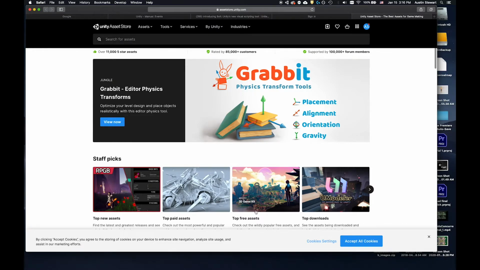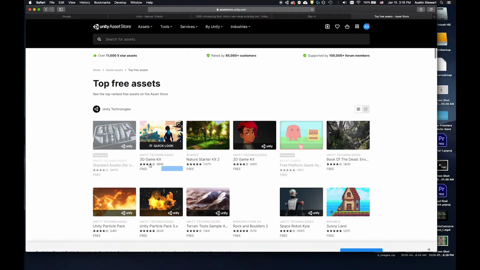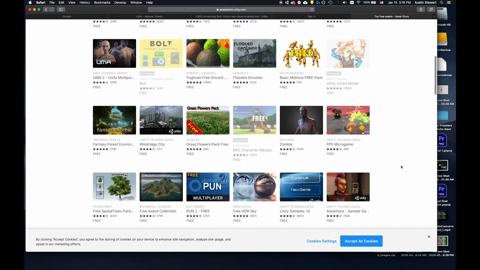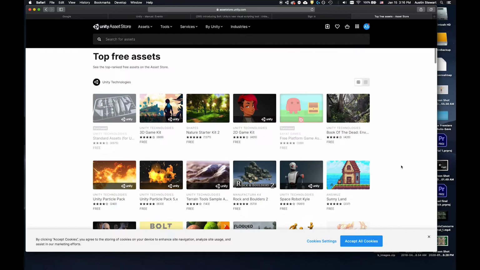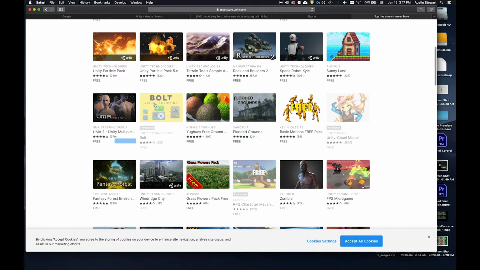Okay, so the first thing I'm going to do is click on the top free assets because I believe it's right there. And if it's not, it may be, oh, it's grayed out for me because I've already purchased it. So in my case, it's 2 lines down. You could also just search for Bolt, but it's free, right? It's published by Unity. You can see mine says purchased already because I've already done that. So if I click on this,